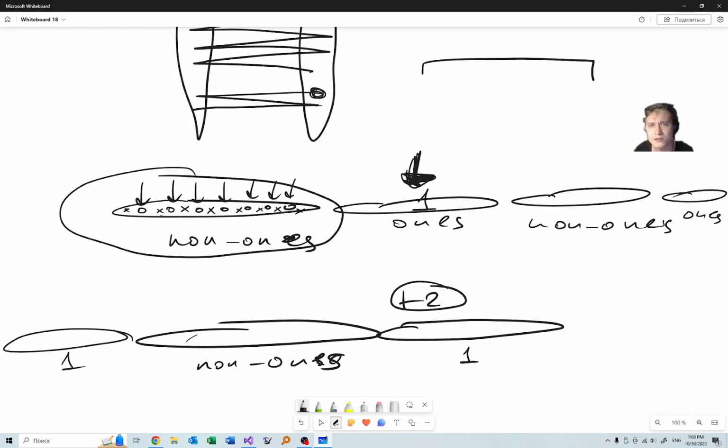So if it is odd, 1, 2, 3, 4, 5, then we remove these two elements. And now each of these elements just gives us +1. No, actually no. We are totally not interested in this element. For example, it does not give us +1. So in this case, we just have +1 for this. I got it.